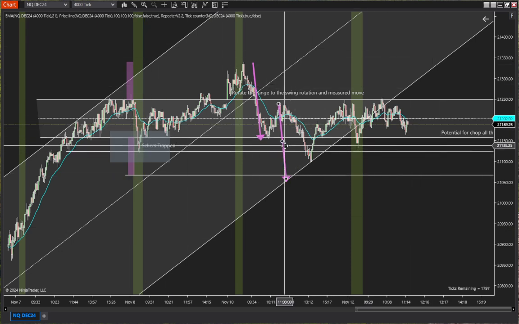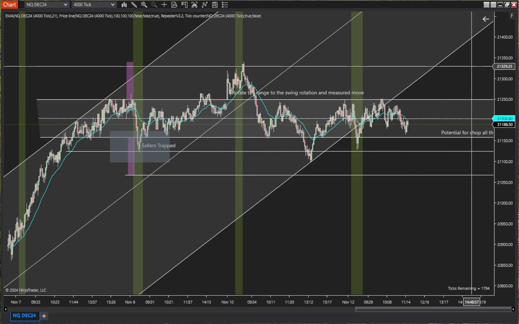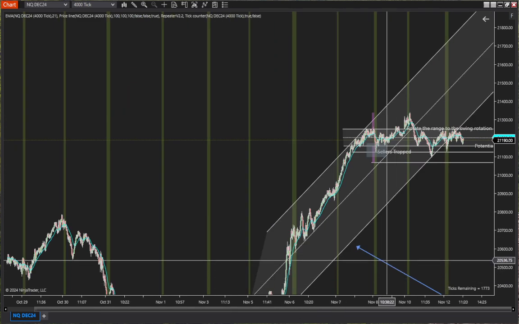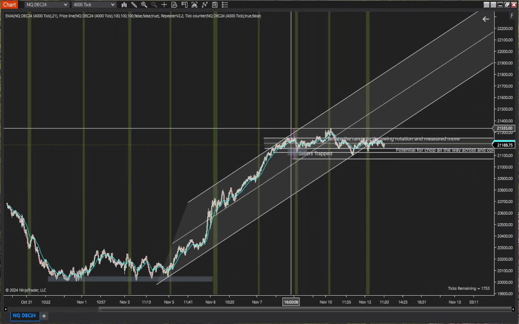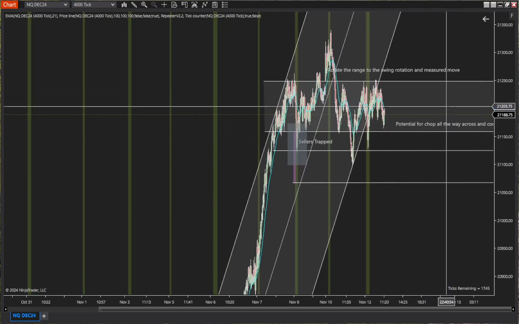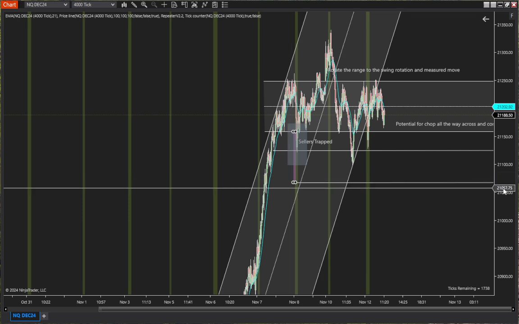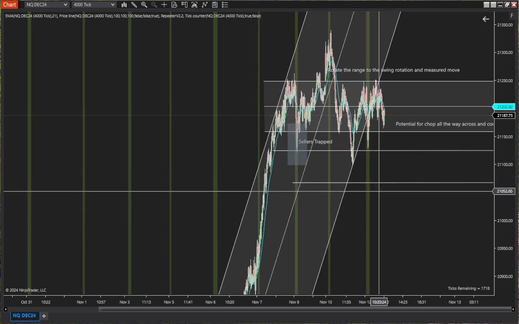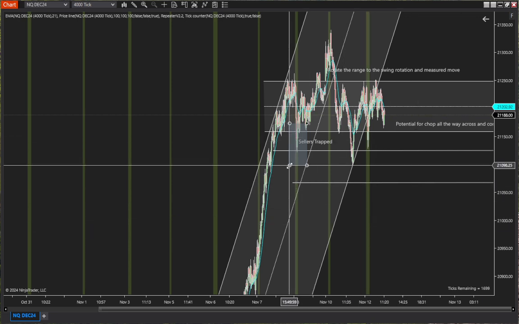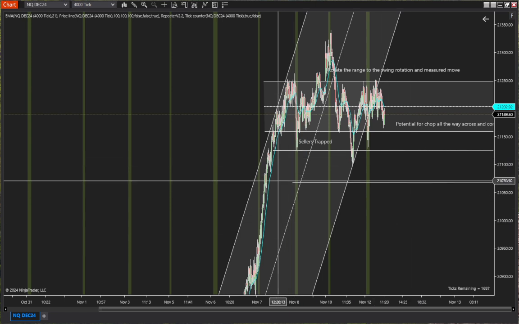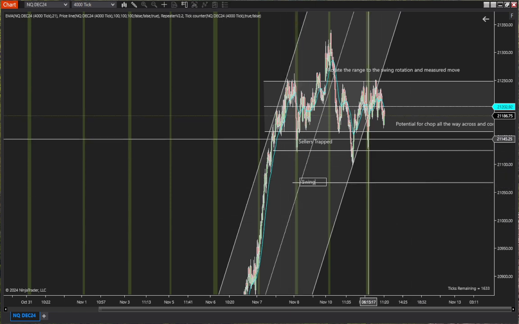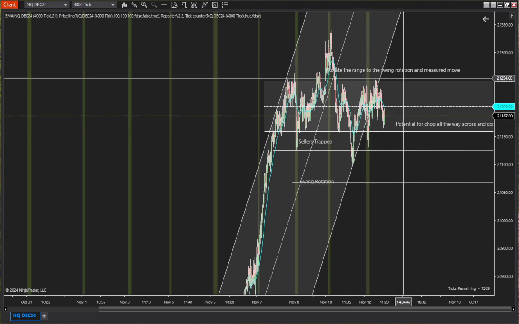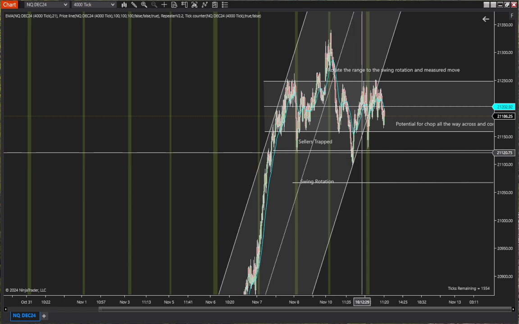So that's why I'm going to start widening my channel to see if I'm missing something, right? We widen the channel. Let's get rid of this swing rotation. We're just going to leave, actually, yeah, we'll leave it just like that. Clean it up a little bit. So I do have a swing rotation here. We'll just put swing rotation. And I'll get rid of that if price moves higher before we come back down, right? Because so far this is a,